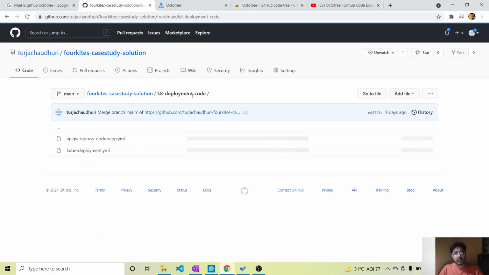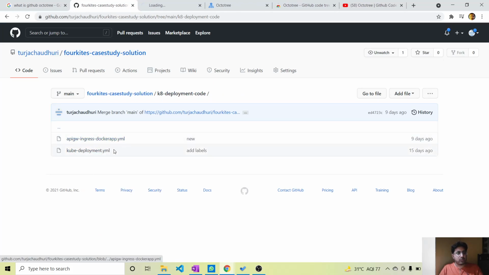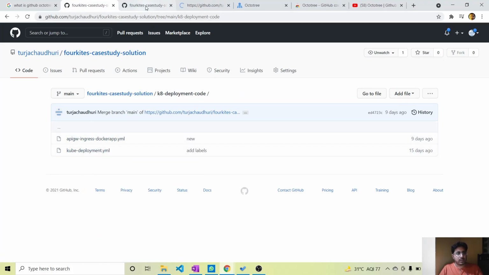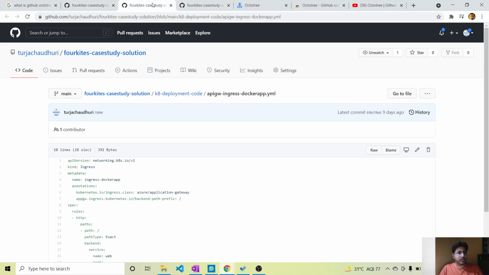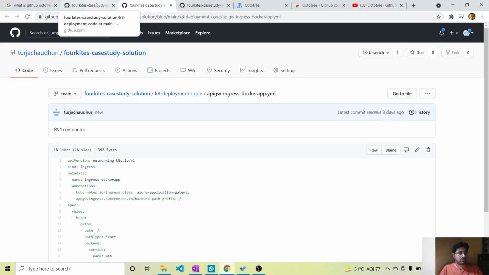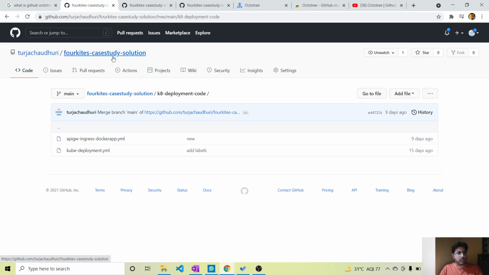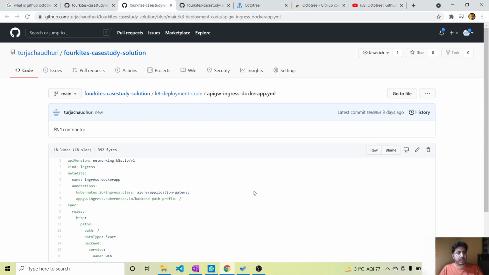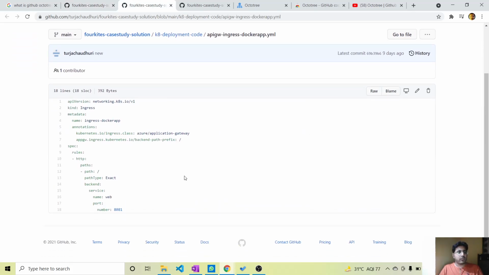So one way normally people use is just right click, open link in new tab, open link in new tab. So you get a lot of tabs basically and you lose a little bit of context. So it's not a very user friendly way to scan your repo. Even though you're in the repo, you cannot very easily scan or jump from one file to another. So it's very difficult when you are trying to troubleshoot code from GitHub, or when you are trying to, for example, understand somebody else's code.